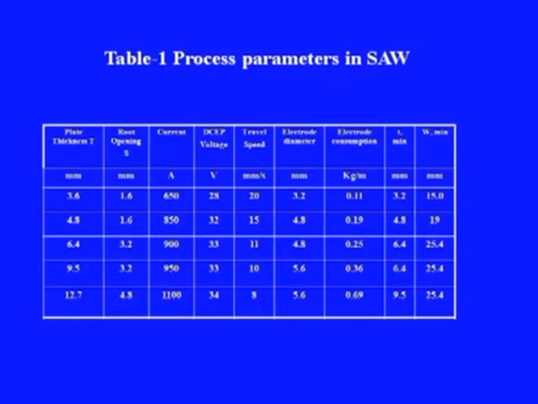So, here different parameters, say for example, for a plate thickness of 3.6 millimeter, root opening generally